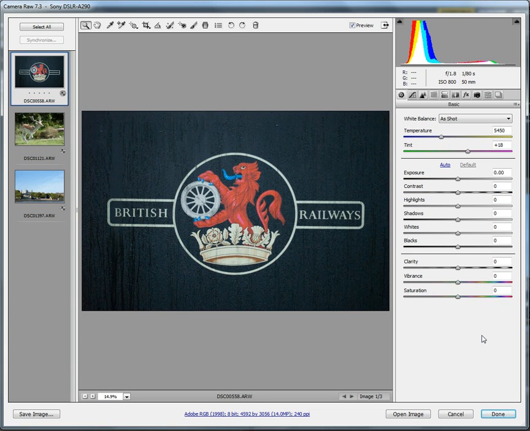Hi, I thought I would put together a bit of a video on Camera Raw because a few people have spoken to me recently that shoot in JPEG and wanted to move up to RAW but were unsure how to process an image. Now, to basically explain why you should process an image from a RAW file as opposed to a JPEG ideally,